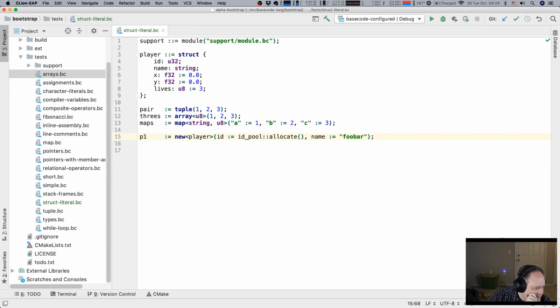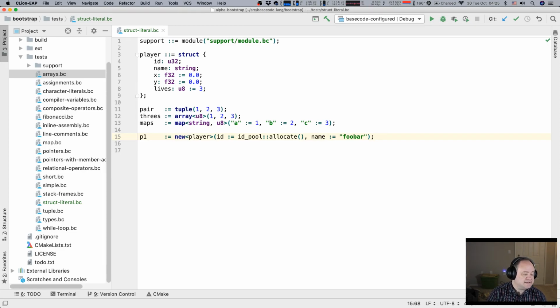So Crosbo says, I want to ask, will Basecode structs be more like Rust? No, structs won't. Again, the base language in Basecode does not have traits, so structs do not have trait behavior. Structs are a part of traits in Rust, but traits are a separate thing in Rust.